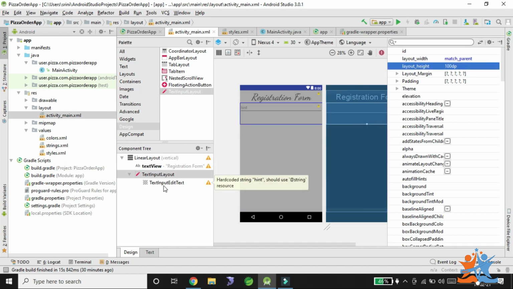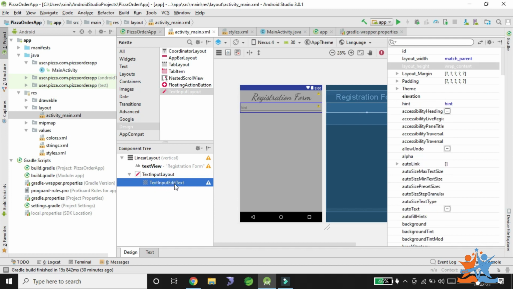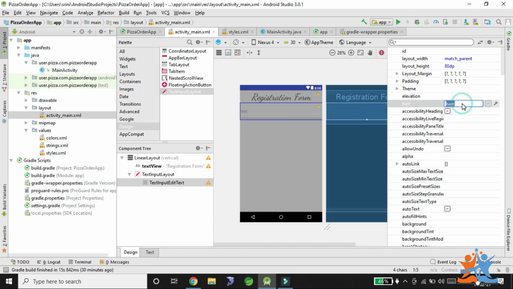Okay. So after the text input edit text, I also need to change the height, this is 80dp, because of appearance. Here we have an option, the hint. This option we need to change: Enter user email ID. This is the hint we can set, and the particular text input edit text has an ID. This is the ID property. We need to set the ID, for example this is for email. So that is the reason I put email.